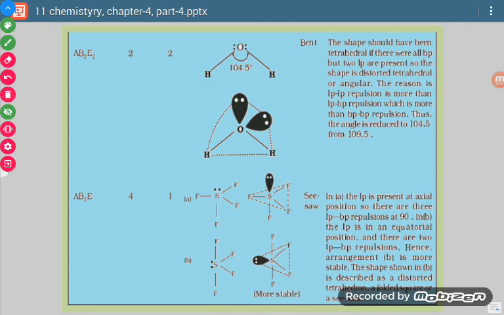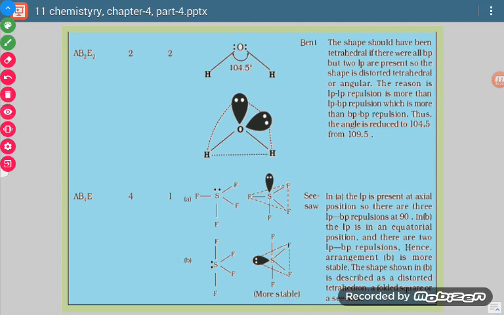So what will be the result? We will prefer this form, and this form is called seesaw geometry. We will discard the other and select this. Here we have just shown why we do this type of arrangement and why not the other. Because if we do not arrange in seesaw fashion, then repulsive forces are more, and more repulsive forces make the molecule unstable. So the preferred geometry is seesaw geometry for the SF4 molecule.